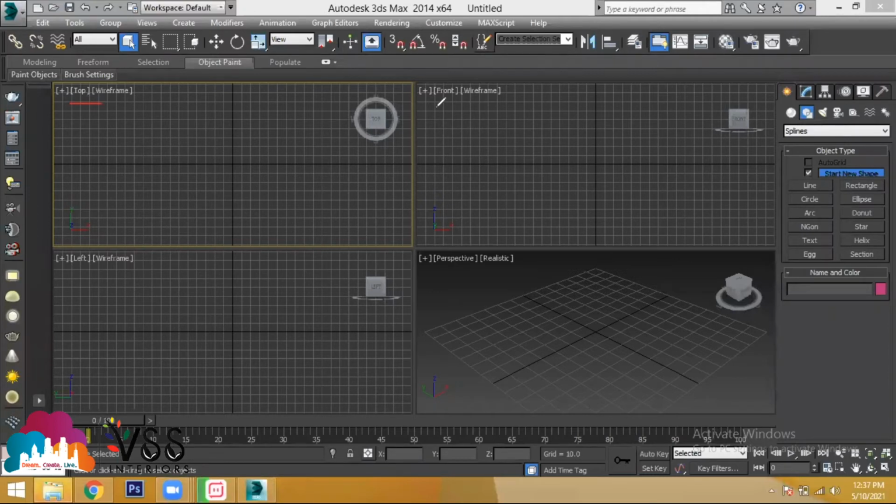You have top view, front view, left view, and we have perspective. We have 4 views. Three of these come under 2D views: this is a 2D view, this is also a 2D view, and this is also a 2D view, and this one is the 3D view. Whatever object you create, if you want to see the object in a 3D position, you have to watch it in the perspective view. Views are very much important from today onwards.